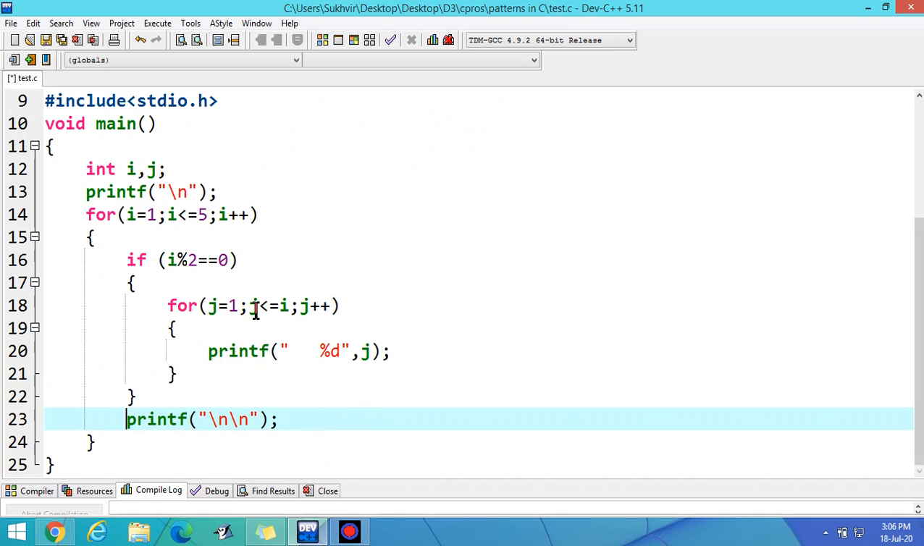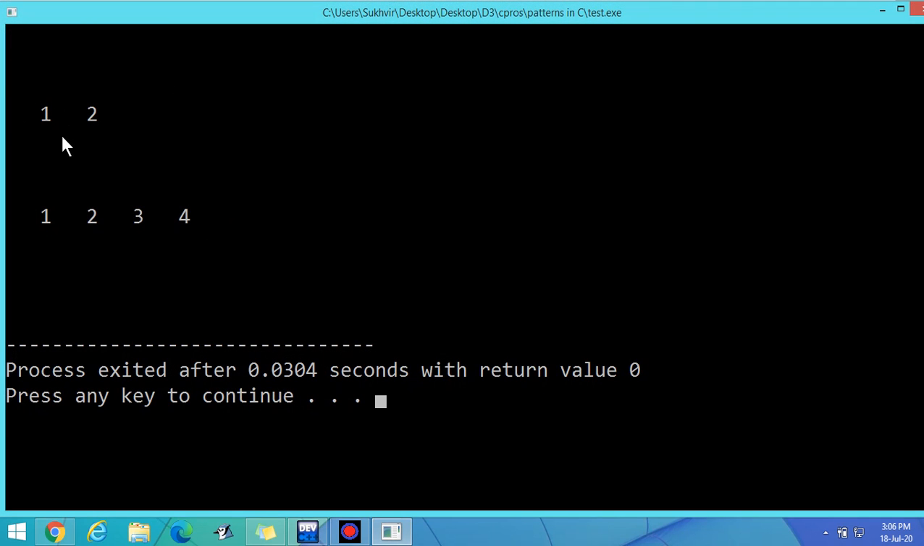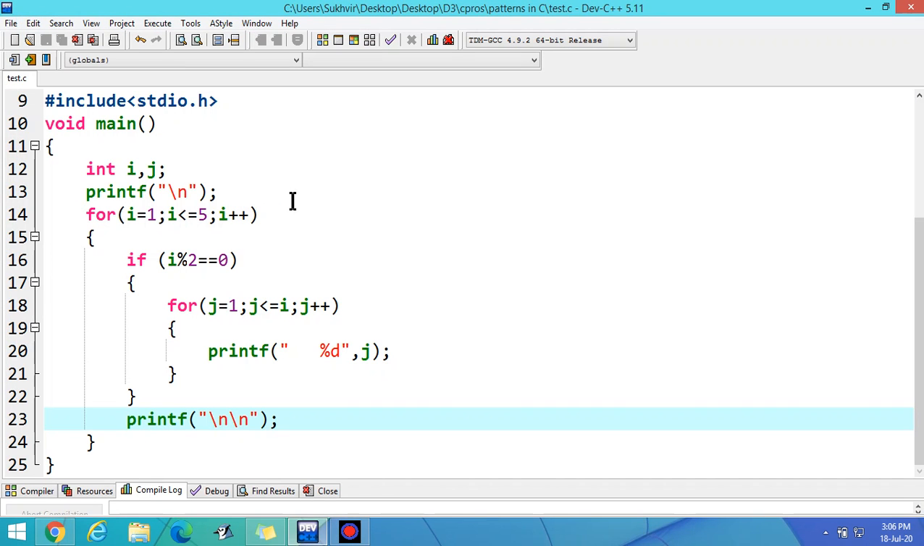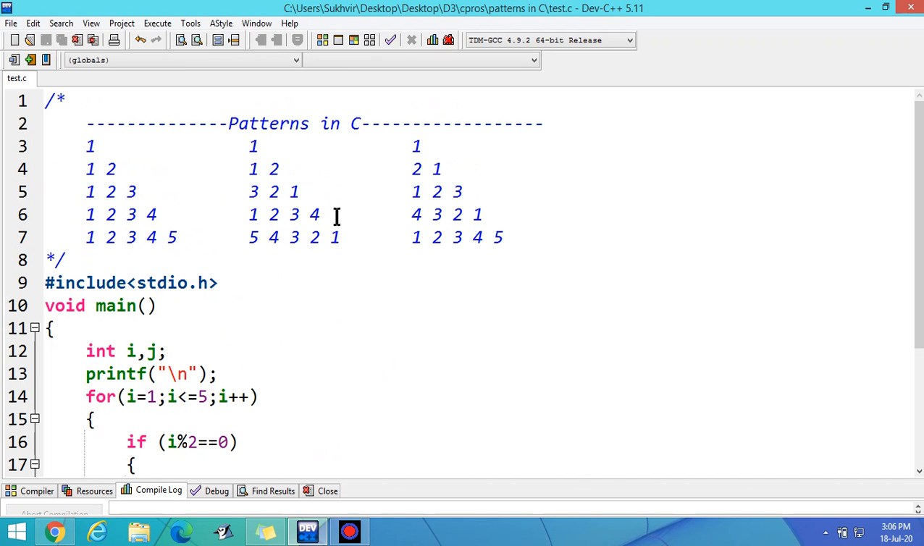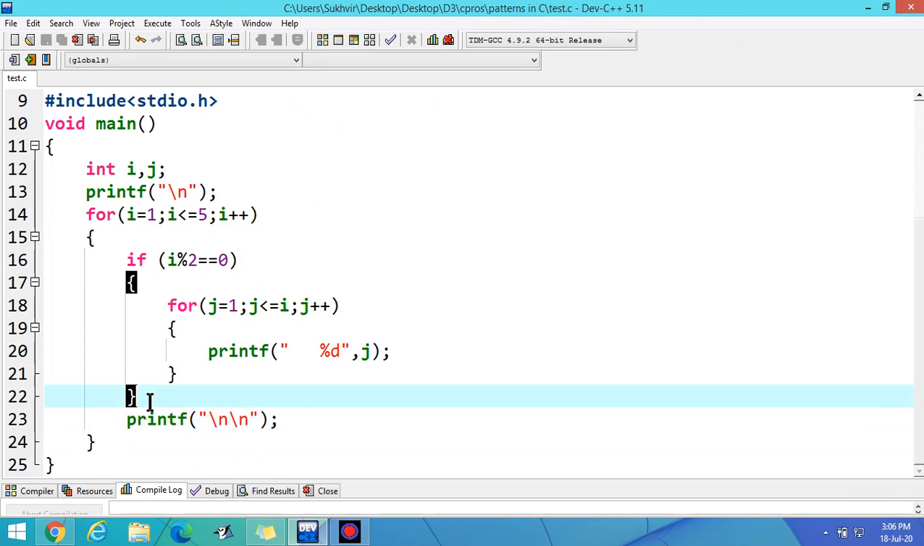Let's execute the program. You can print the second and fourth row only. 1 2, 1 2 3 4. This one is okay. Second and fourth row. Now what about the first, third and fifth row? Simply